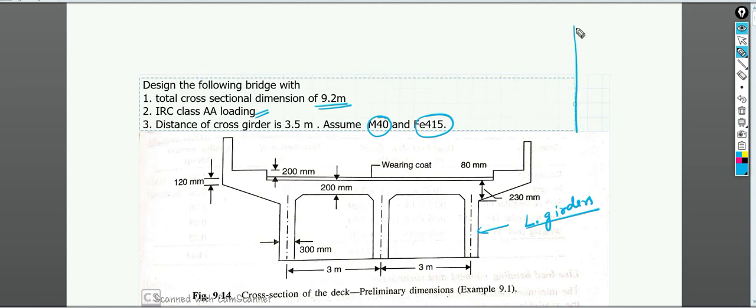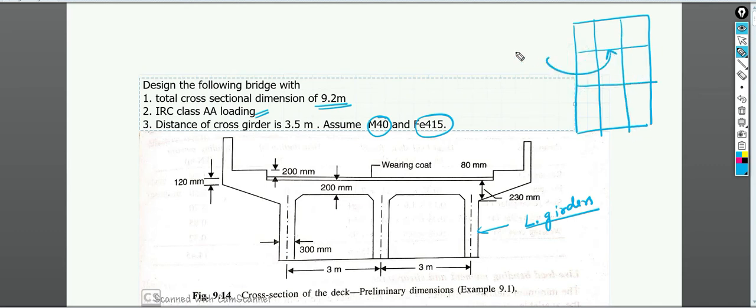If you see the top view, it will be something like this. We have these longitudinal girders and then we will be having some cross girders. Okay, these are the cross girders. These are the longitudinal girders. So for these cross girders, the spacing is given to you at a distance of 3.5 meters. And we are asked to design this particular bridge with M40 grade of concrete and Fe 415 grade of